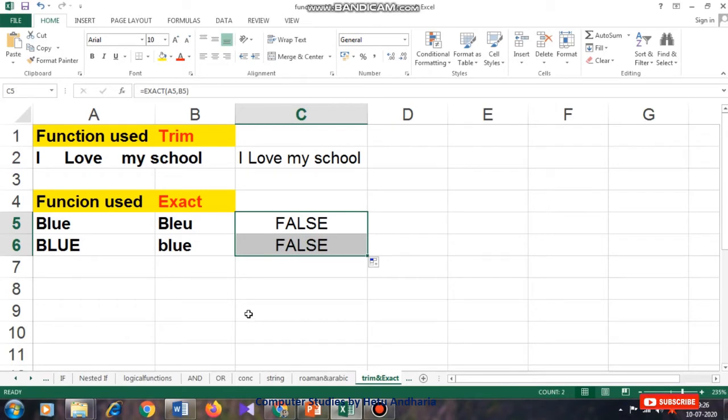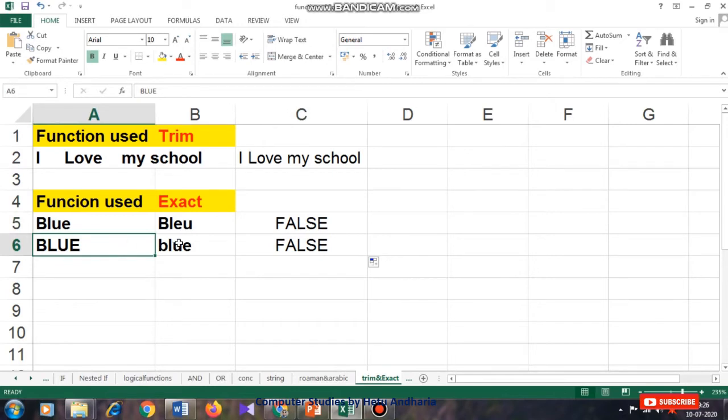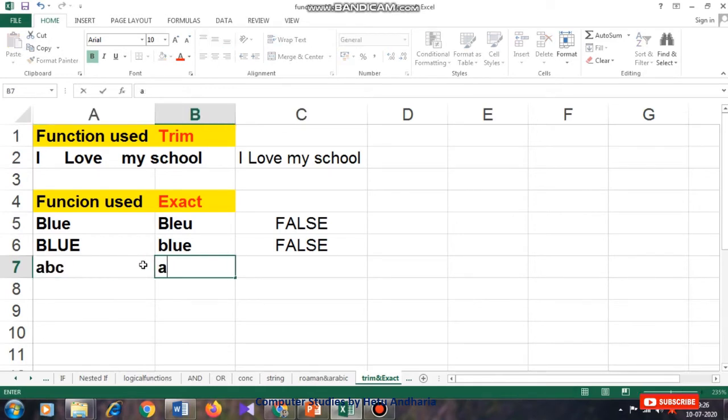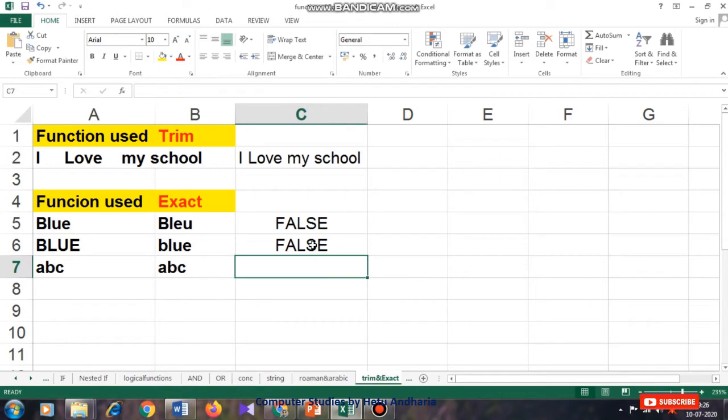This is what I wanted to teach you, and that is why I typed this word in all capital and here in small, because this function is case sensitive, which I can explain with the help of this example. For example, here I type ABC, ABC, and if I drag, now same text and same case, then it will give a true result.